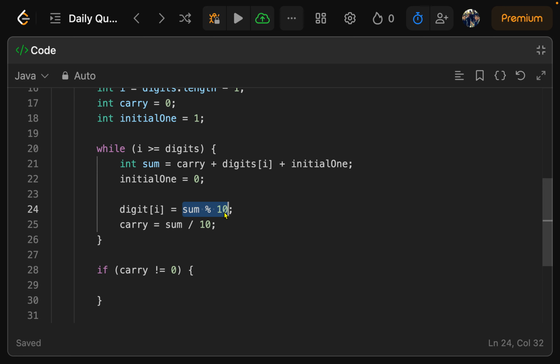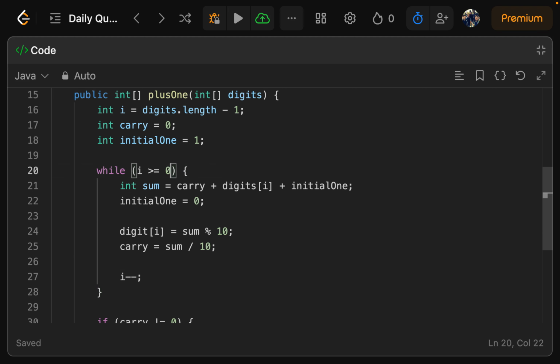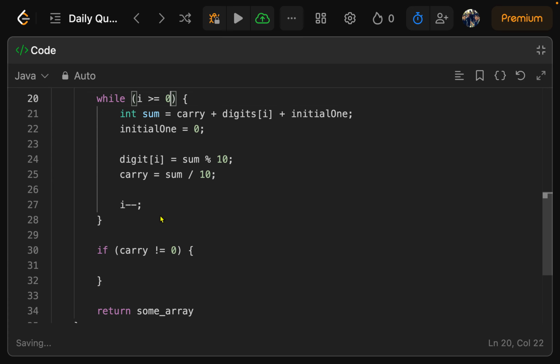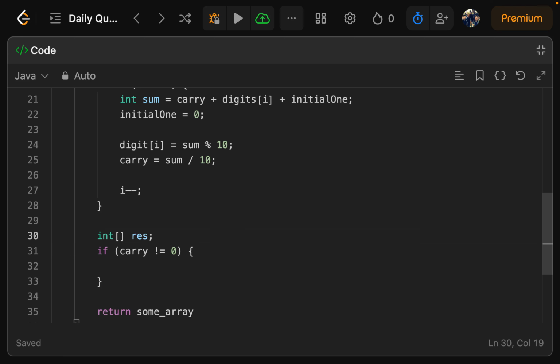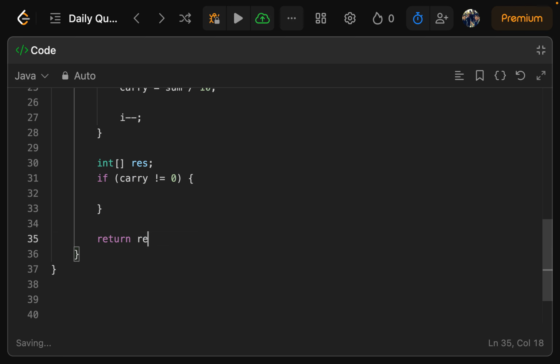And sum modulo 10 would give me the last digit, and the last digit I'm storing in I. Once I've done this, I'll just decrement the value of I while it's greater than or equal to 0. Yeah, that's cool. Ultimately, I'll see that if carry is still pending, I'll have an array which would be the resultant array and not any sum array kind of thing. So it would be result array,